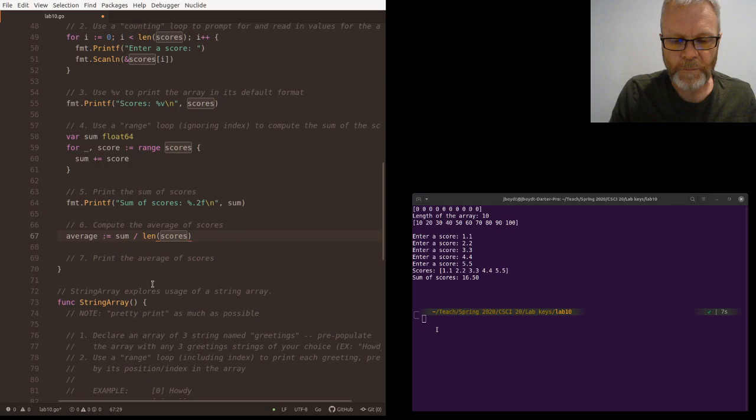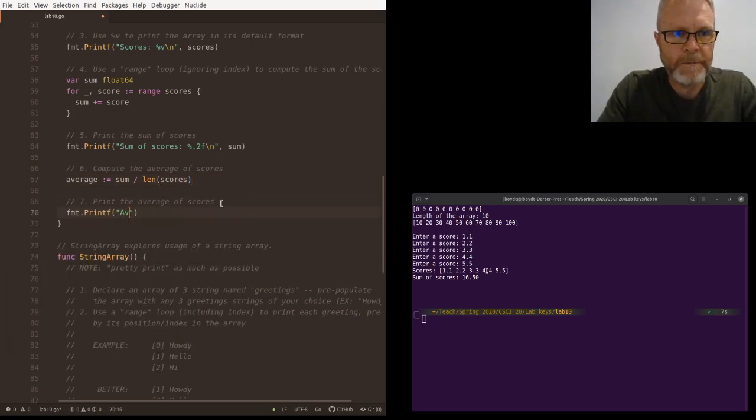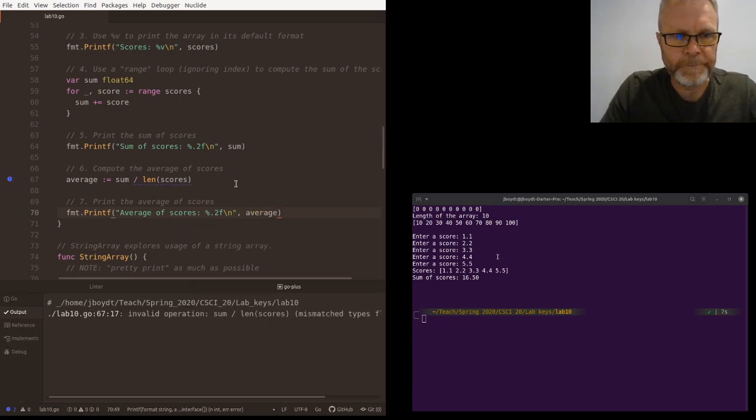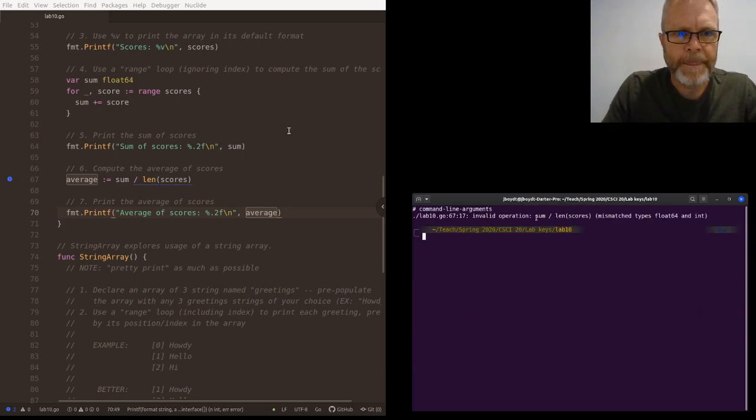I should get an error here, but let's see what happens. So there I've computed the average, and then number 7 says print the average. That's also a float. Okay, so I'm getting an error. If you don't have your editor set up like I do, you might not see the error. So I'm going to run this so you can see the error. Okay, right here,